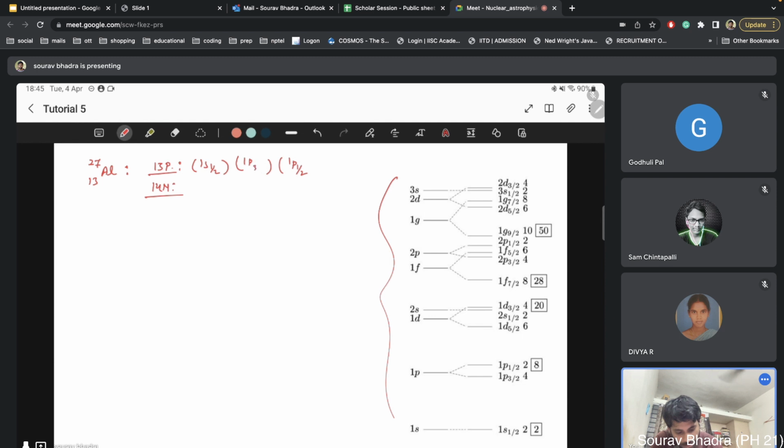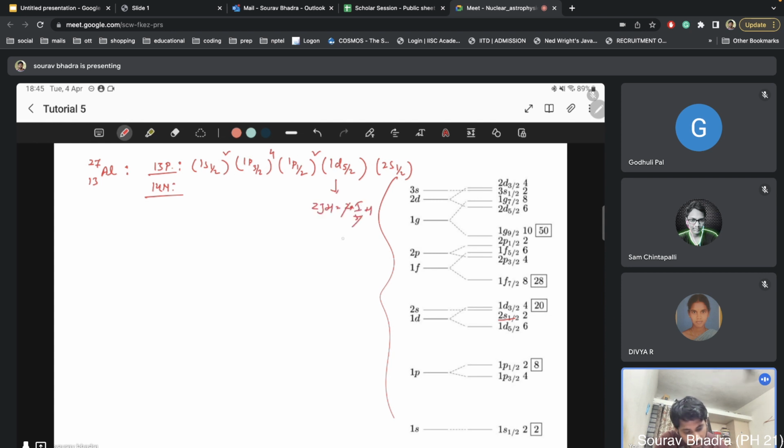So this is 3, okay. 1p 1/2, 1d 5/2 and 1d 5/2, 2s 1/2. Just write a few states. So this has 2 electrons, because 2j plus 1, electrons, protons. So this has 4, this has 2, so 2 plus 4 plus 2, so we have used 8, we have 13, and here the maximum number is